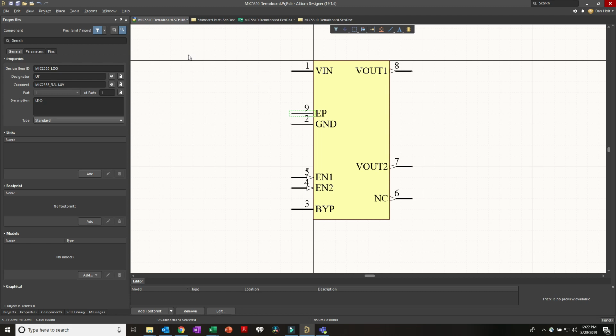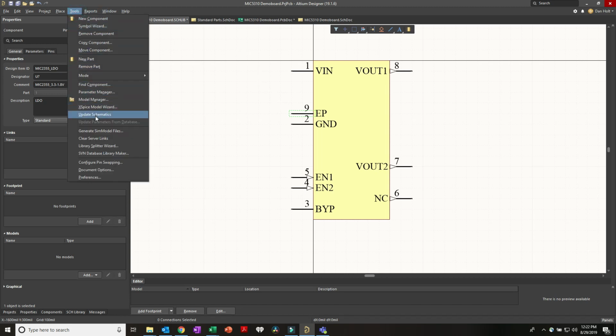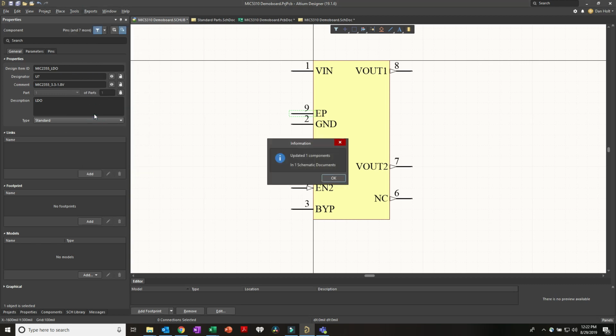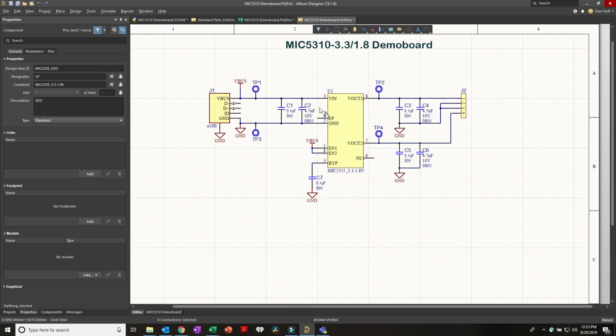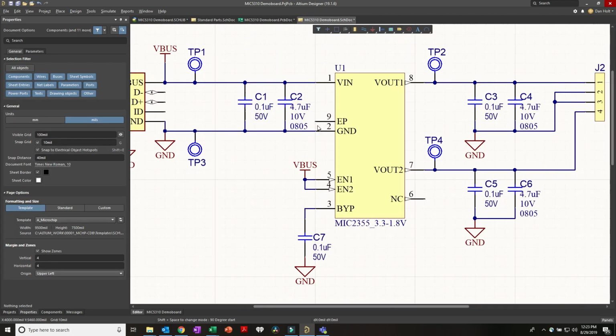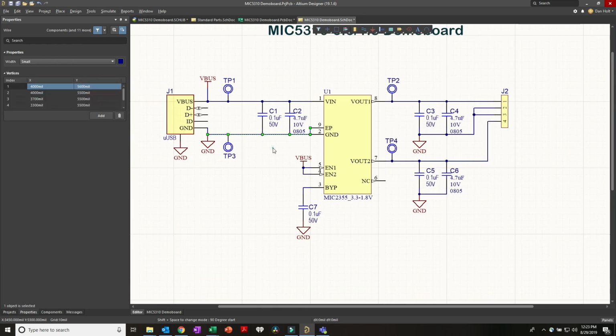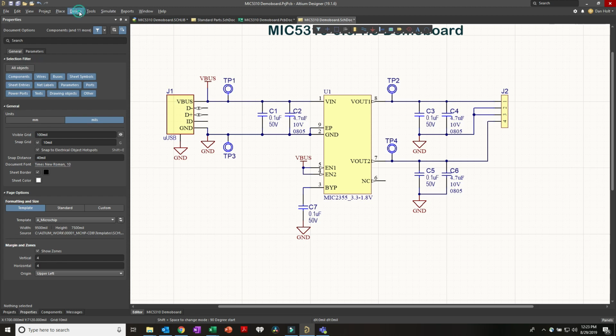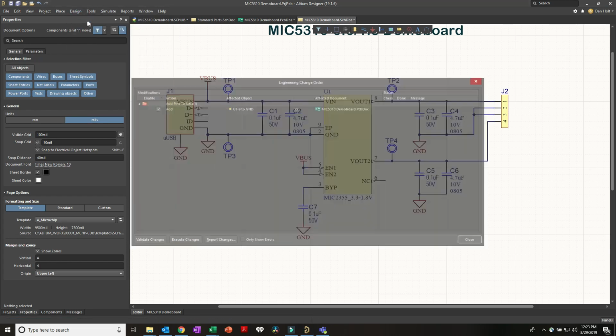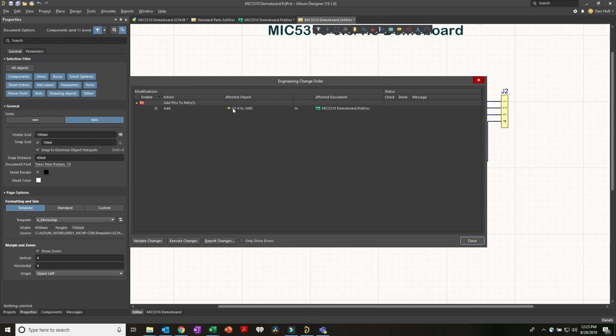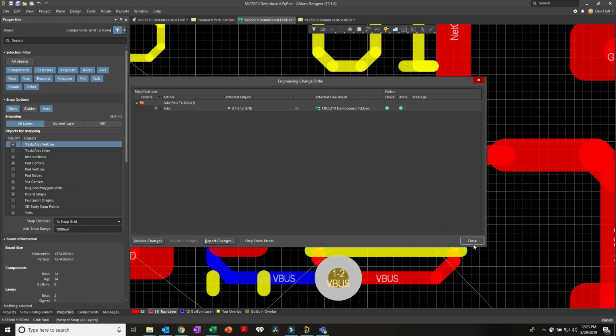So, come back to our demo board, we have pads here. This is pad number 9, and that's really the exposed pad. So what we need to do is add a pin called EP, exposed pad, connect it to ground, and connect it to pin 9, because pin 9 is what the footprint has, this pad here. So we'll go back to the schematic library for our part. We'll click on our LDO, and because that's a ground connection, let's just make it easy and put it right here. I'm going to place pin,